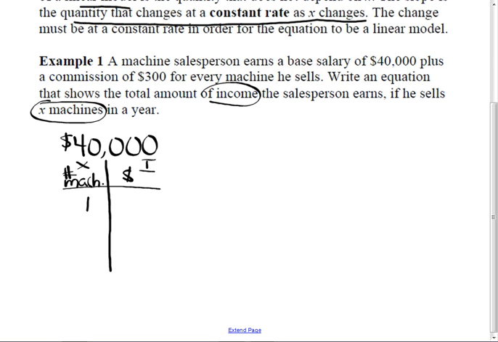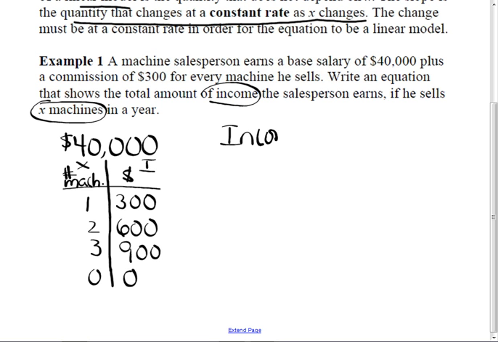If he sells one machine, how much money does he make on the machine? $300. What I'm trying to do is get the slope. If he sells 2 machines, how much does he make? $600. If he sells 3 machines, how much? $900. If he sells no machines, he doesn't make any commission. That's just the commission. Actually, my table's not as accurate as I'd like it to be. What's his income? He's going to make $40,000